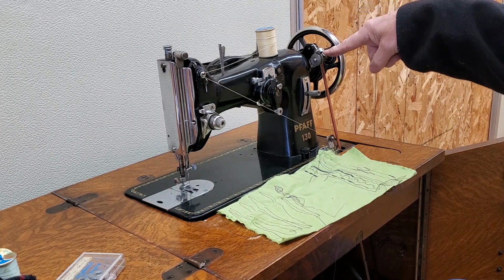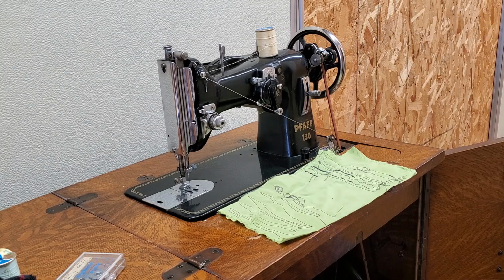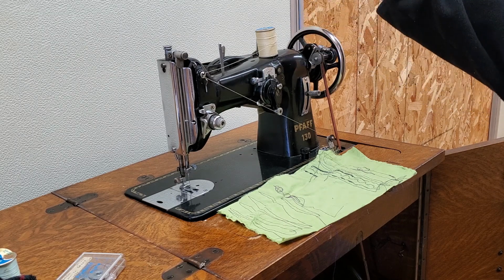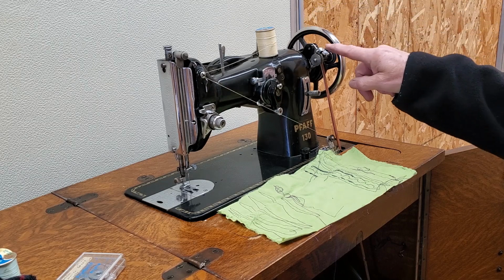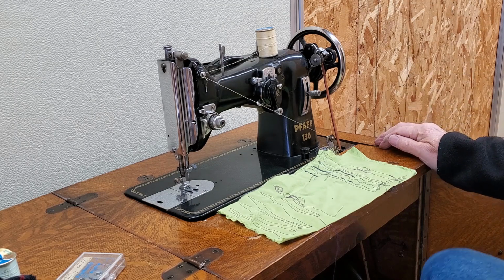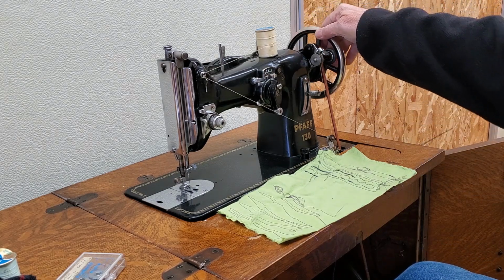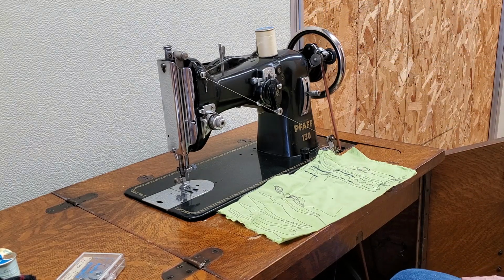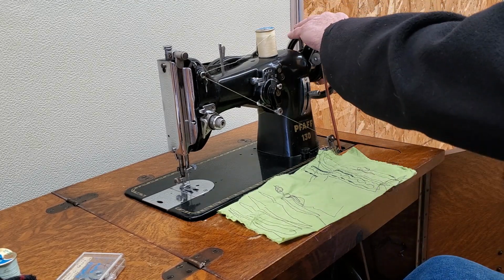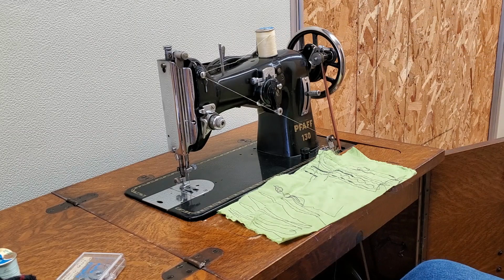Press the lever on the bobbin winder down, and this little finger will drop into the bobbin. And as it fills, this lever is going to lift up until it releases the bobbin, so you don't overfill it. So press the lever down so your rubber tire is in contact with the hand wheel, and we're ready to wind. Give the hand wheel a little turn towards you as you start to pump the foot pedal. And we're not going to fill an entire bobbin for this test, so we're going to stop there. Click the little finger to release, retighten the knob in the center of the clutch wheel, and